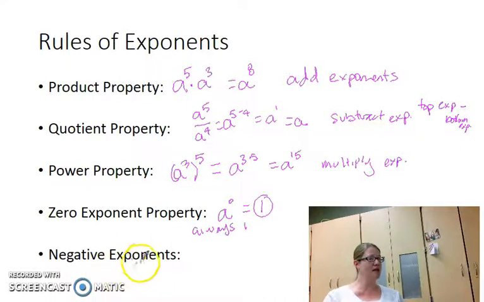And the negative exponent property just says if I have some negative exponent, so if I have 1 over a to the negative 3, that's going to be a to the positive 3. Basically, we're going to flip over any fraction. If it's on the bottom, it's going to come on the top. If it's on the top, we're going to rewrite it on the bottom. We always want to have positive exponents. So if you see a negative